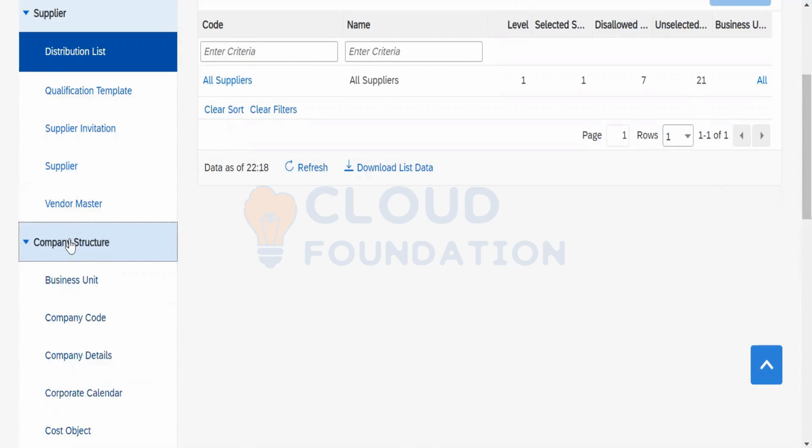Let's move further to the next one, which is called the company structure. This covers the remaining master data. The remaining master data are like company code, business unit, cost object or the cost center, location and plant.